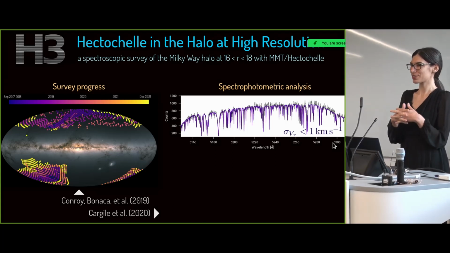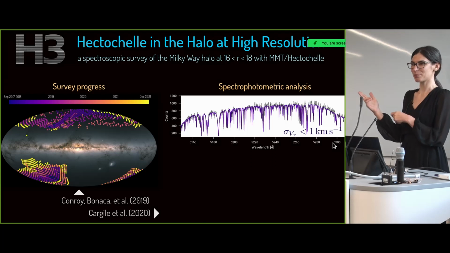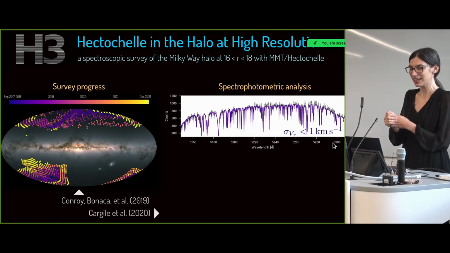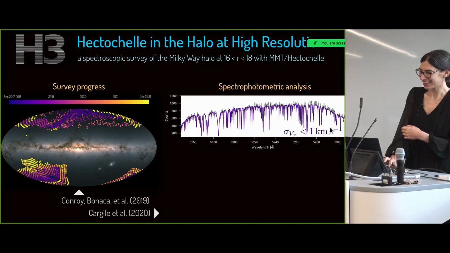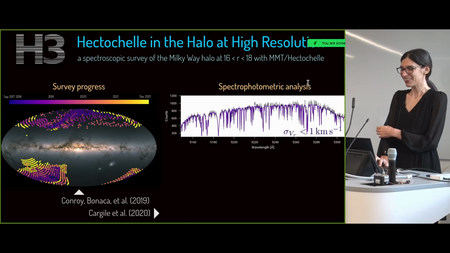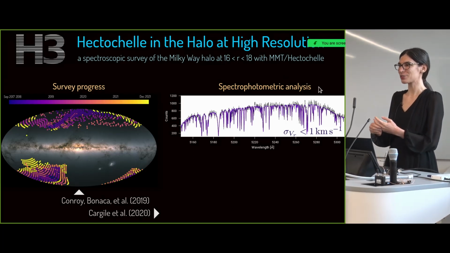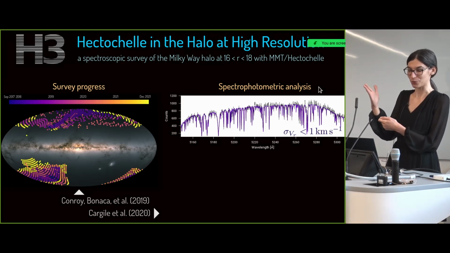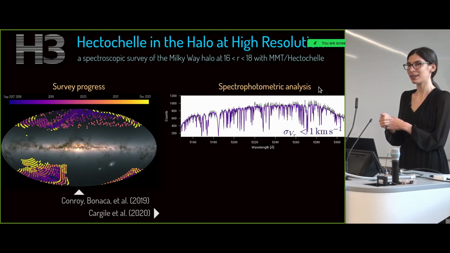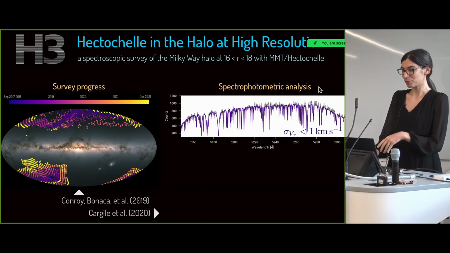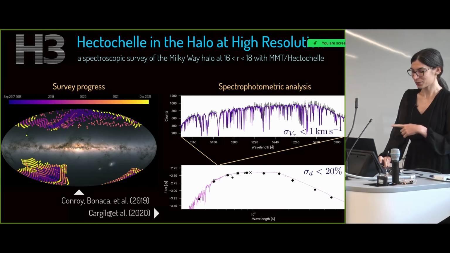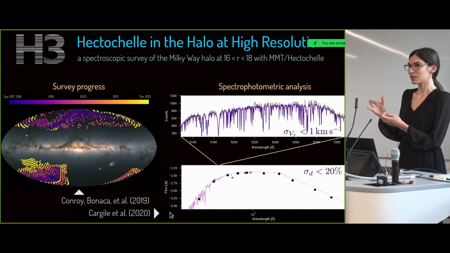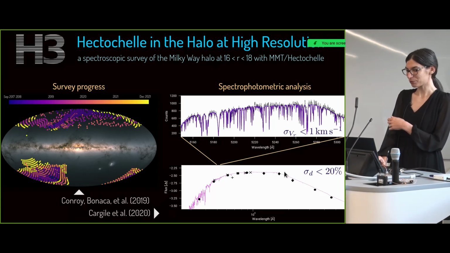So instead of just having Gaia's positions on the sky and the proper motions, now we have the radial velocity as the fifth phase-space component. But as I wrote here, we also have this spectrophotometric analysis. So not just taking the spectral information that we have been gathering through the survey, but also combining it with the existing broadband photometry. And Phil Cargile here, who is a postdoc at the CfA, wrote a pipeline that simultaneously fits both the spectrum and this broadband photometry.